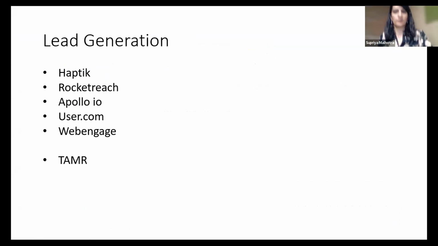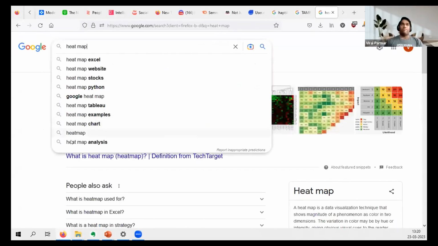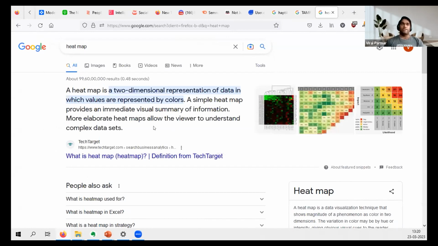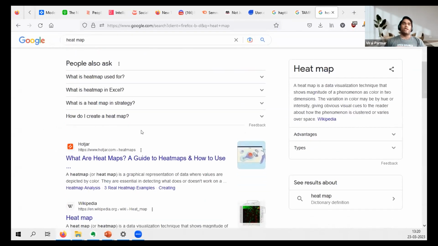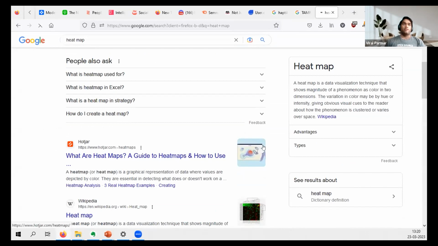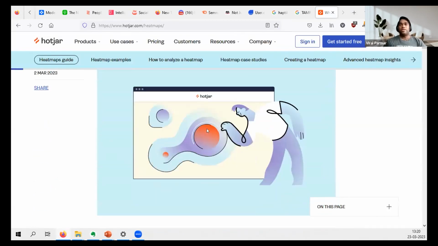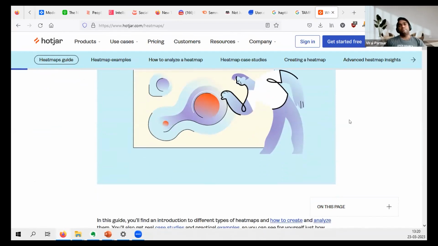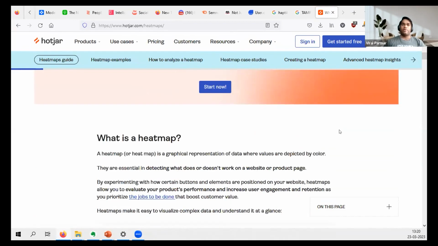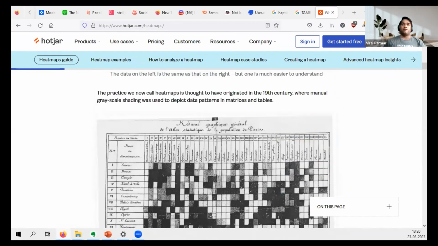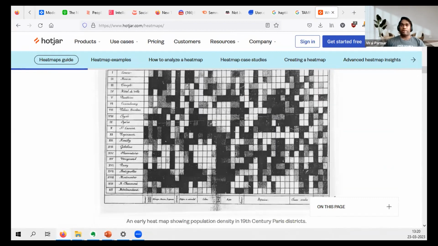So let's say you have an XYZ product, and you would like to know how people are actually using this tool or product, and what their experience or behavior is towards that particular product, right?